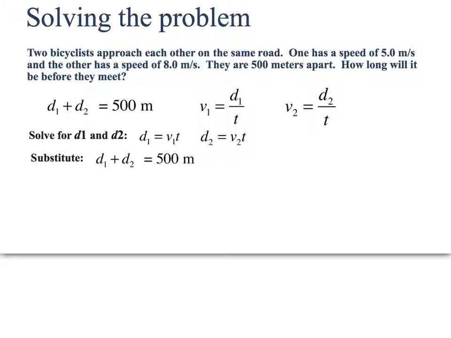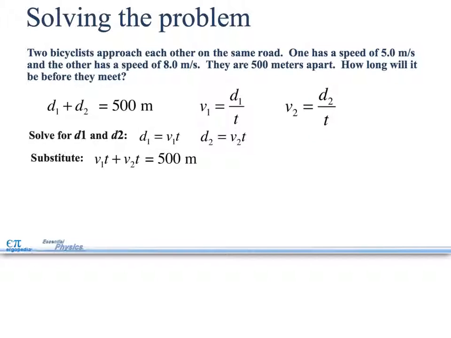Substitute D1 plus D2 equals 500. So V1t plus V2t has to equal 500. Because we said D1 plus D2 equals 500, if I add the two velocities and times together, they have to equal 500. So all I did was take